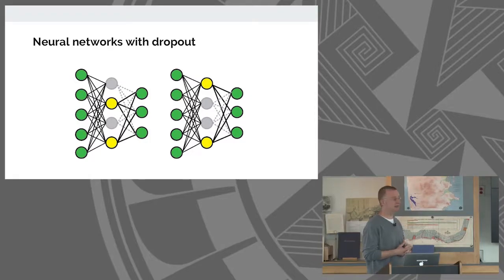And the reason is that it allows you to approach essentially an ensemble of all of the constituent neural networks. So if you imagine there's n nodes in the middle, there's 2 to the n different ways, more or less, you could drop half of them out. It's exponential. So you're training an exponential ensemble of these neural networks in parallel. Each of them are themselves less efficient than the overall neural network, but because they observe different things and they